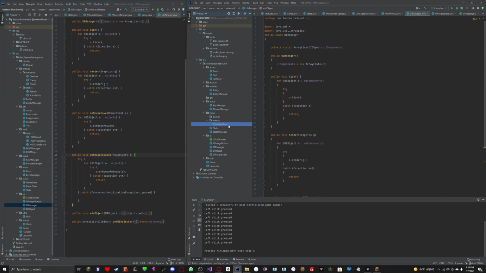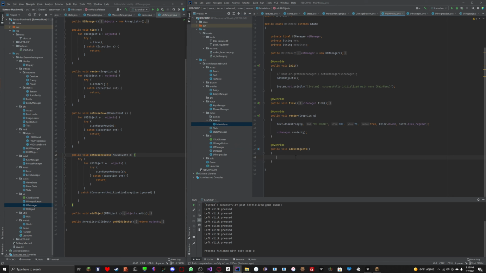And okay, so main menu we can say UI manager dot get UI objects dot add